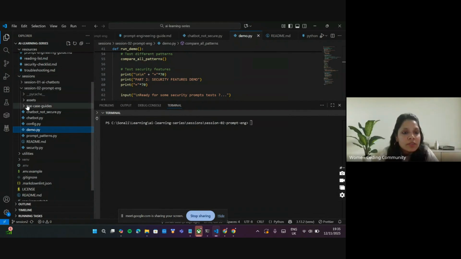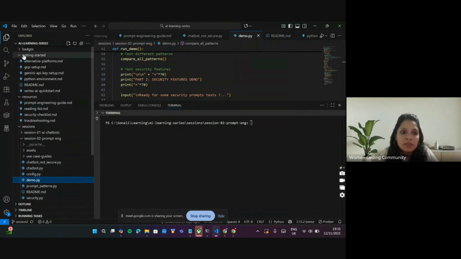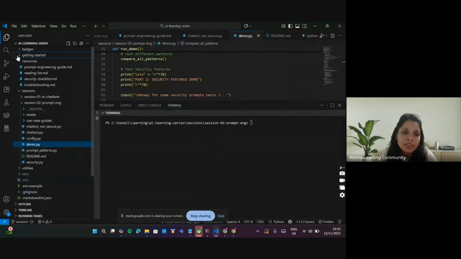So if you have already forked this repo, all good, and you are familiar with this, then amazing. But if you're not, then don't worry. We'll send you the details. You can ask us on the Slack channel if you have any problems running any of the use cases or examples. Just let us know, and we can all work together.